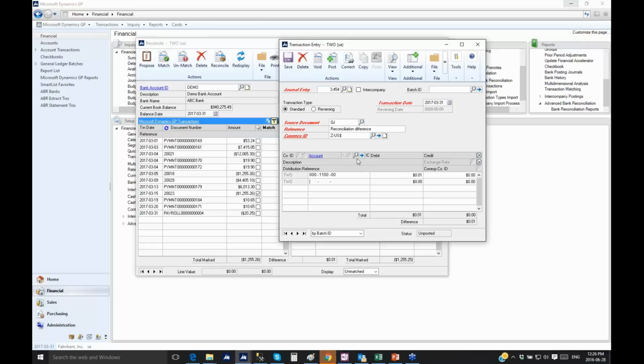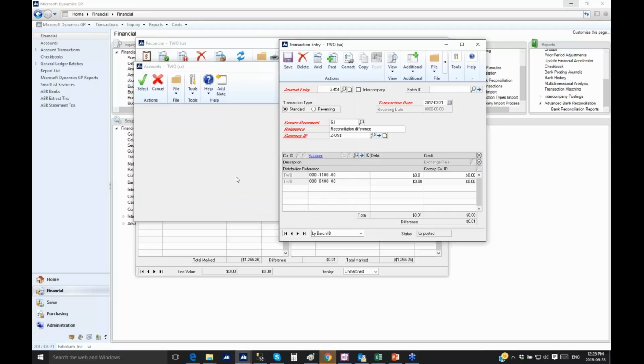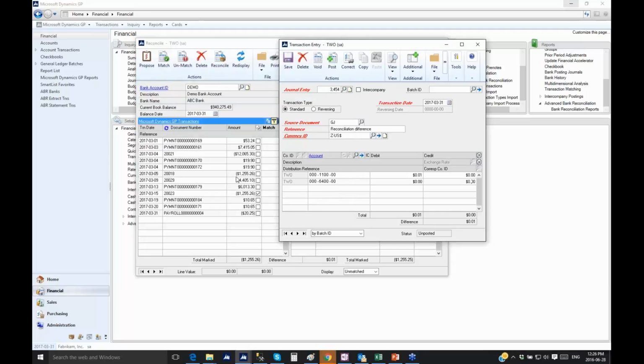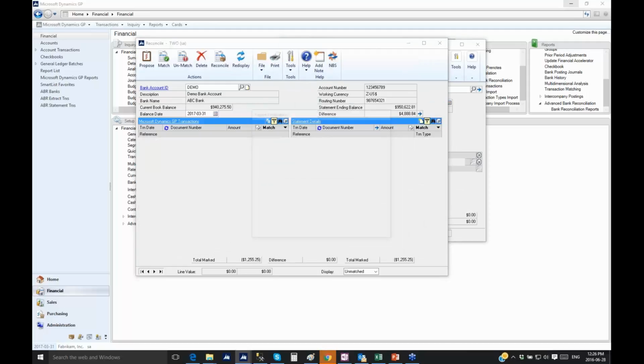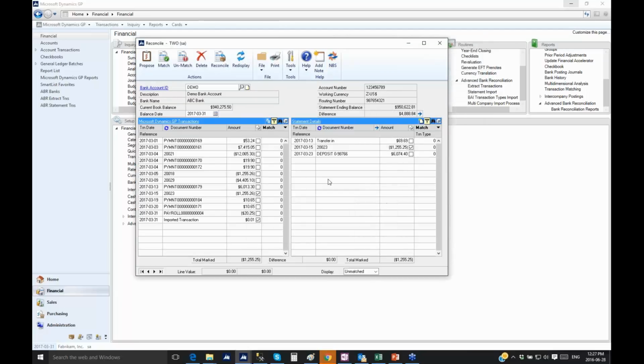And now I just have to put the other leg of the entry. So just for sake of demonstration, I'm going to pick anything because it doesn't really matter. So here's the credit for the penny, and then we're going to post. Now upon posting, we not only post the journal entry, I'm going to cancel that, but we actually bring forward